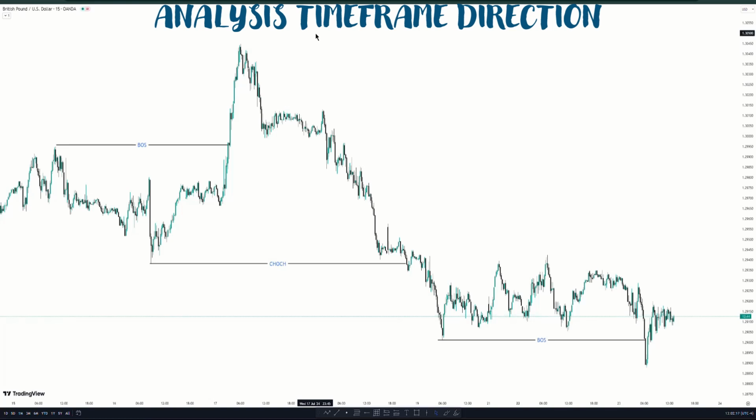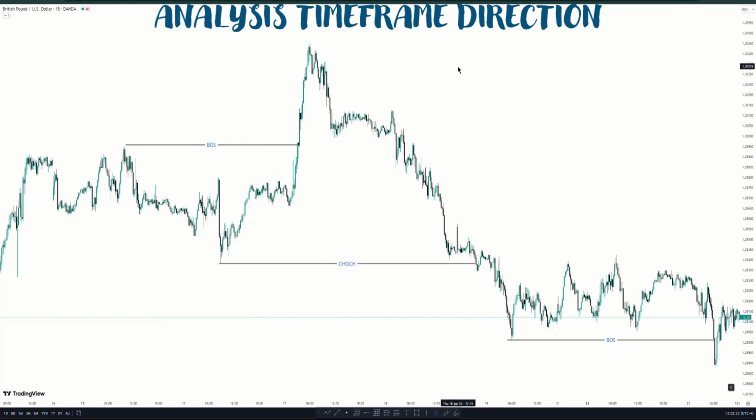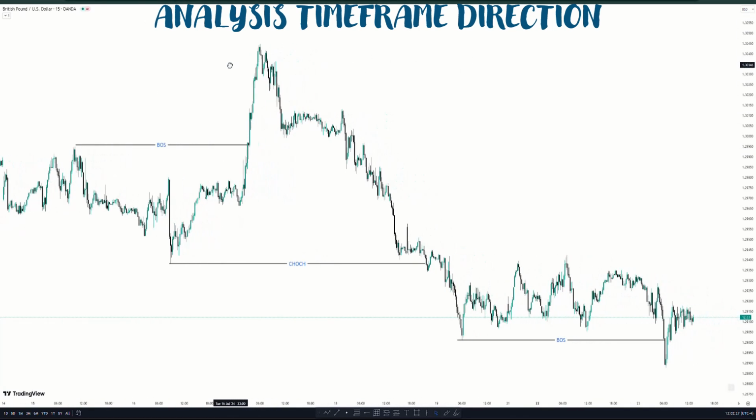In this case, if you are only looking at the analysis time frame, you don't know where the market is at this point here. So it's going to be very hard for you to even take a sale here because the only thing that you can see is an uptrend. In your mind, the only thing that you are thinking about is